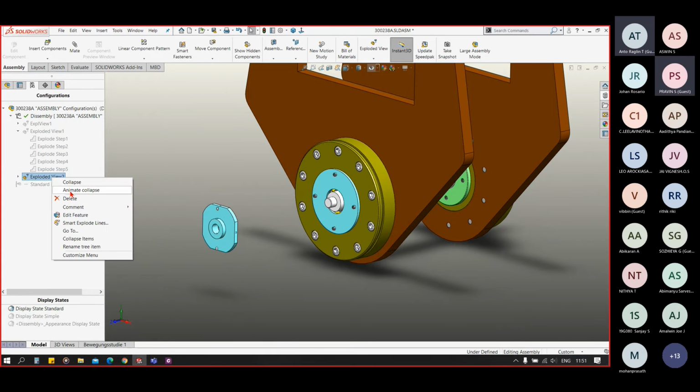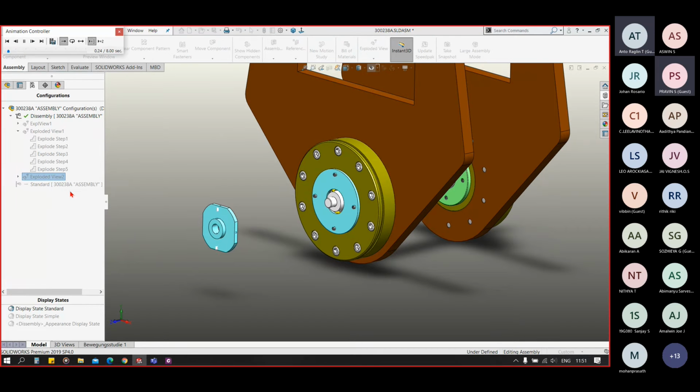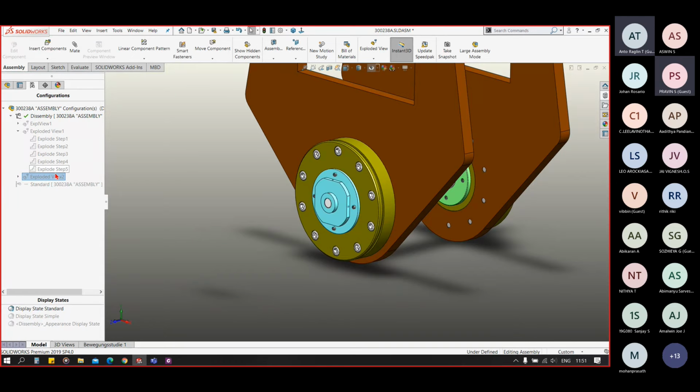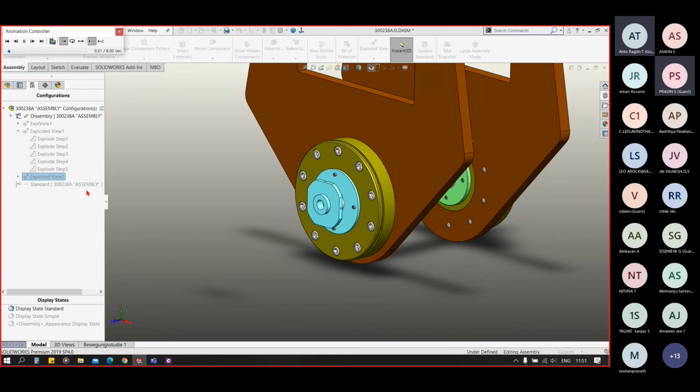Again I'll show that they will go radially inward and it will go back to its original position. Now let's see once again the explosion. Like this.